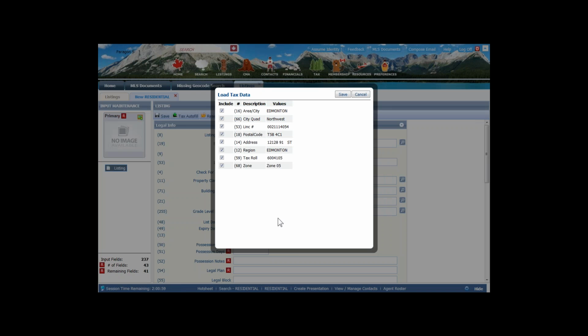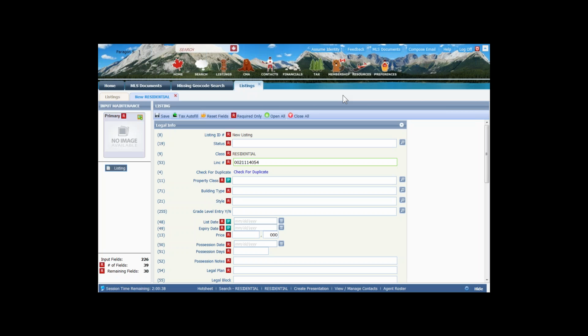As I do that, this is something that you may not be familiar with. Paragon is now loading in some of the data that would be added to the listing when I click on Save. So this gives you a chance to look in so you can verify that this is the information I'm comfortable with and I want to add to the listing. So by clicking on the Save button with a left mouse click, we then add that listing information to the